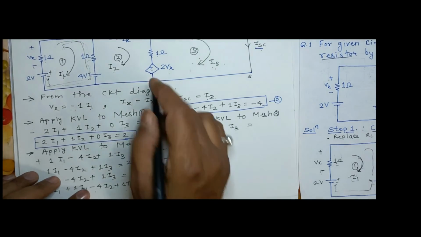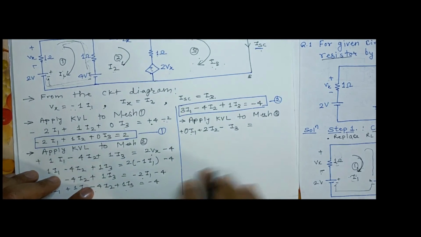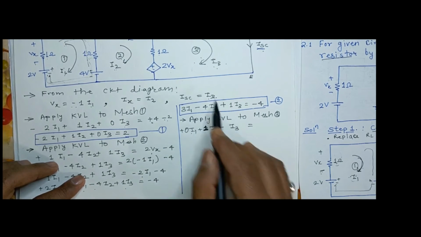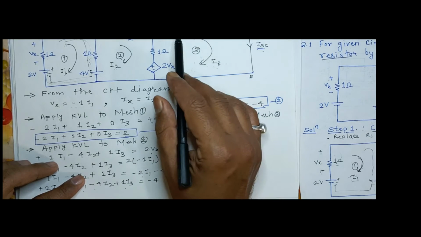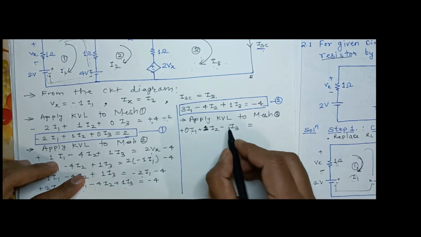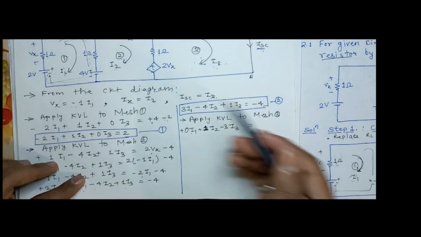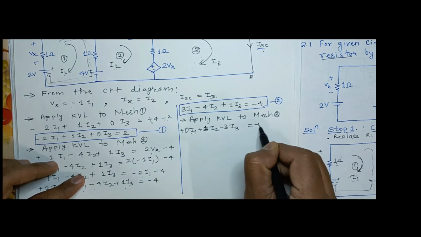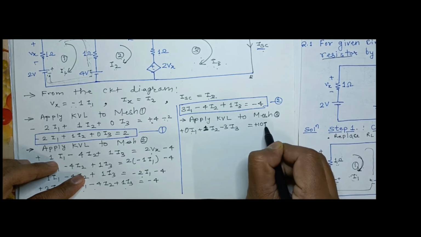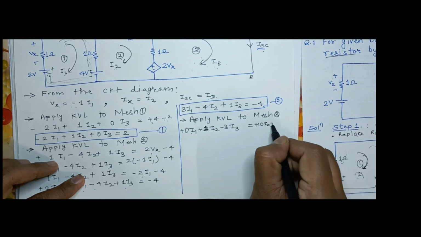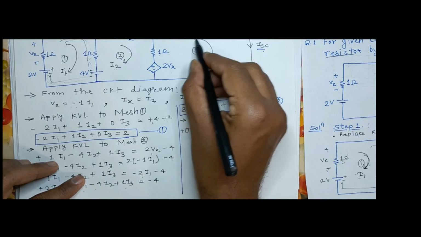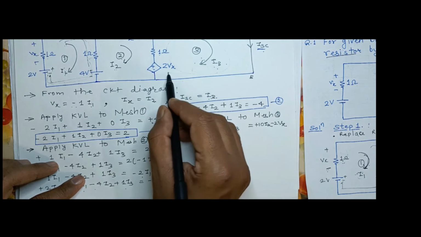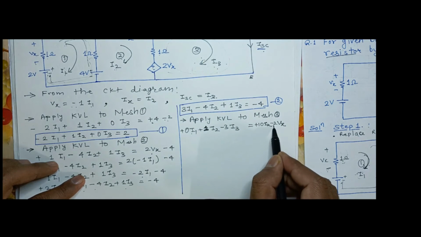Clear? Next I2 is passing through the 1 ohm, so I will directly write down 1. Next I3 is passing through which resistance? 1 ohm, 2, 3 ohm, so this is only 3. And now next we have to calculate the voltage. So you can see the plus 10 Ix and this is minus 2 Vx. Okay, so you can go in this direction like this. When you go, this is plus, when you come here it is a minus, so you have to write down minus 2 Vx.